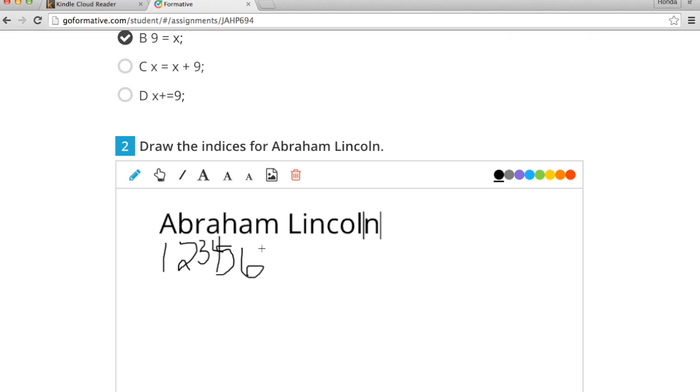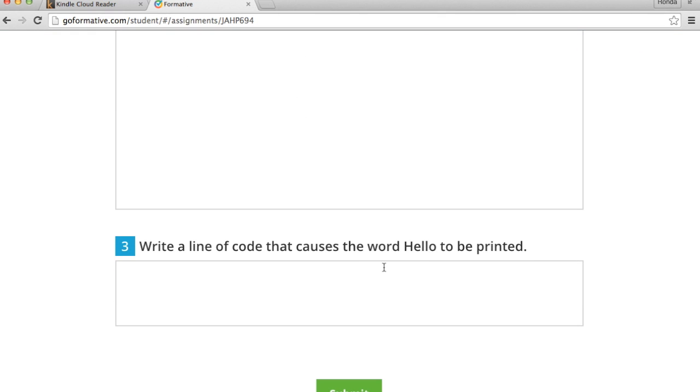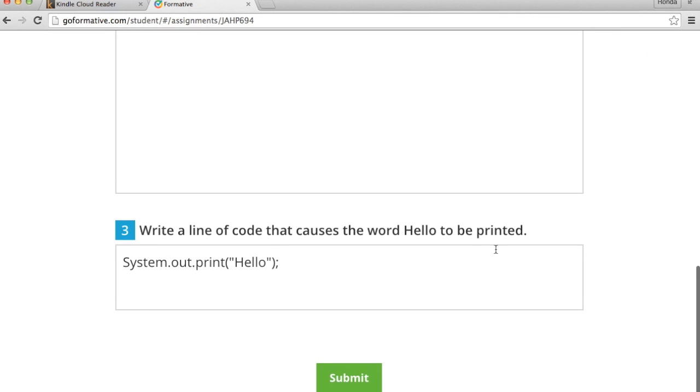Now I'm going to be honest with you, I am putting in the incorrect answers, and this answer is technically not correct. I am purposely answering it incorrectly. Okay? So then put this answer in there, and now I am going to scroll down. It says write a line of code that causes the word hello to be printed. So see, they know that they can just print in there, and that's the only thing that they can do. Now they can submit this, but I'm not going to submit it yet